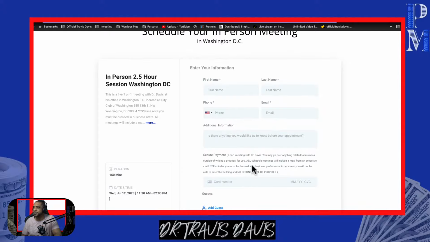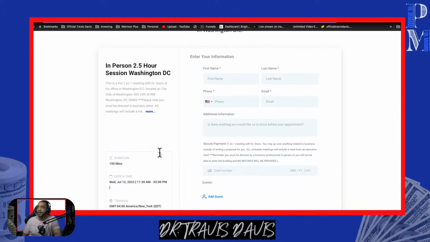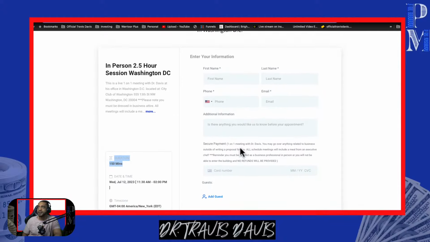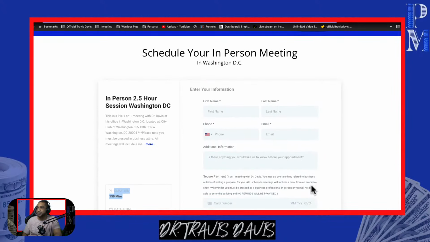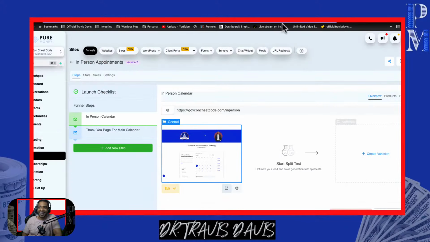I guess I need to put the price tag back up here. I didn't see that one on there. But yeah, they could go ahead and pay their bill for the 150-minute time frame here in Washington, D.C. It's going to give them the address, the location, and all of that good stuff once they schedule out that call. So boom, I got the calendar set up for that.